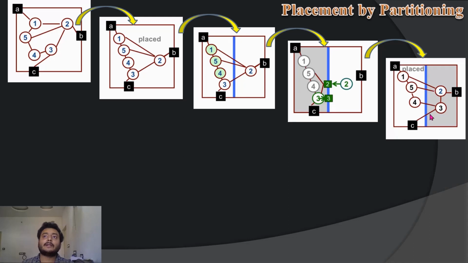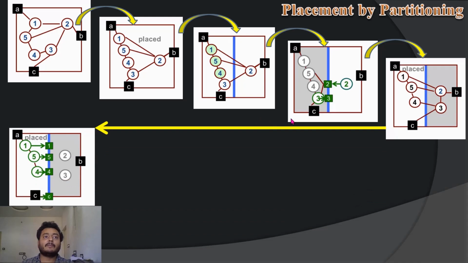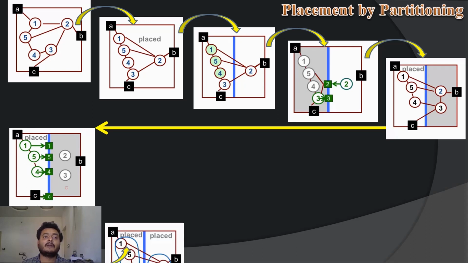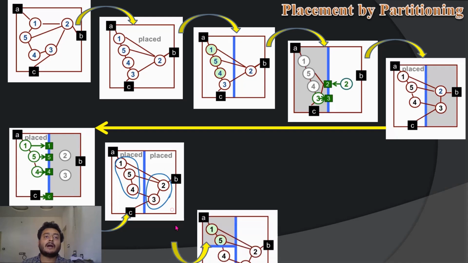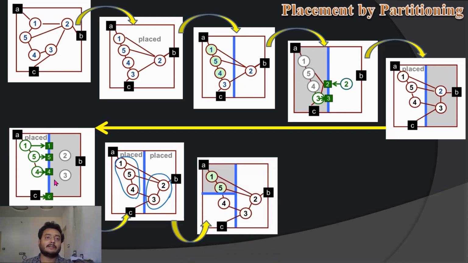So now it again goes for analyzing the things. Okay, I've done the partitions like this. I have to perform a horizontal partition now. For the horizontal partition, it will again analyze the cost, which is the connections from here to here, here to here, here to here. And you have seen pins also here, because 3 is connected to the C pin, and the C pin is in this particular partition. So these things will be analyzed, and you will make a partition like this. Okay, so now 4 will come down and 1 and 5 will go to the upper corner.